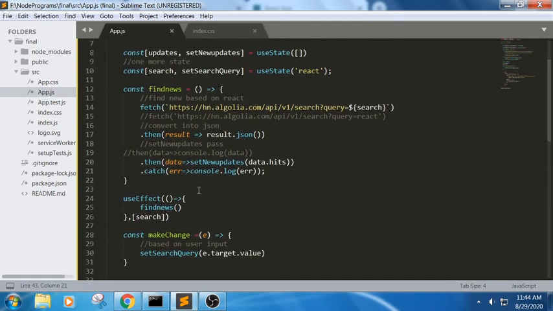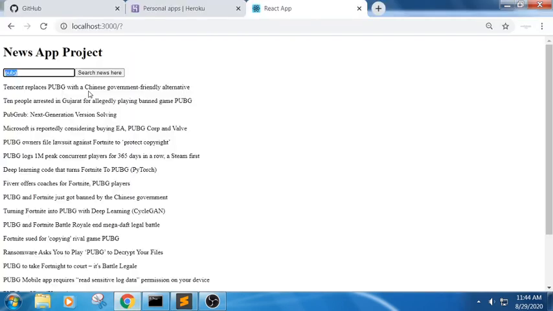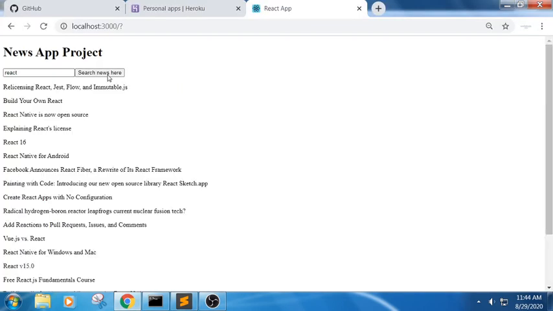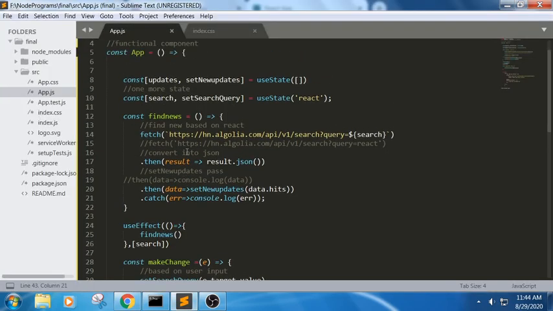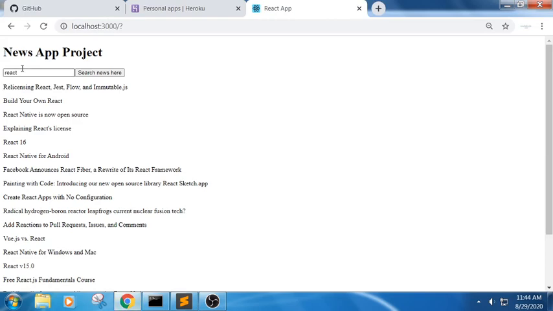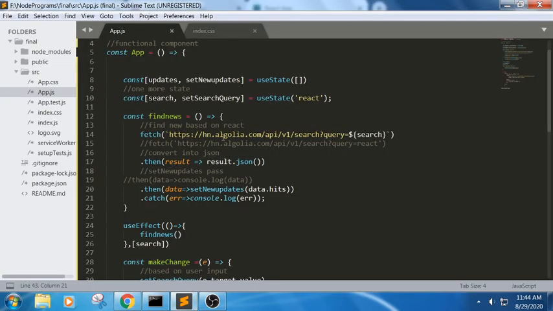Now if I want to click on the input button, in the sense the text input field, here we have a button field, right? If I click on that button field, it should be able to input. By default, the value is React here. So if I want to get the results based upon this input field, how can I write it?